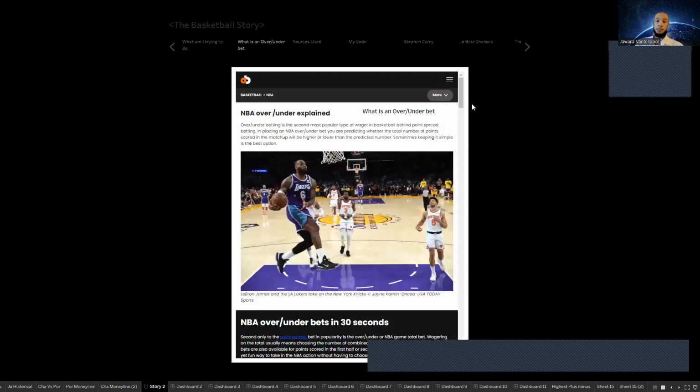Now, the first thing I actually have to explain, before I even get into the data or anything that I learned or did, is what an over and under bet is, because not everybody does this. For most of my life, I didn't either. An over-under bet is a simple concept, simple bet. You take a number such as 24, and you take a player such as LeBron James, and you predict as the bettor that player will go over or under that number.